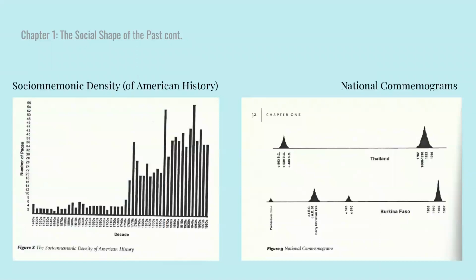And sociomnemonic density is the idea that there could be focus on certain periods of activity, and then ignoring events that happen during lulls of history. So these national commemorograms is where Zerubavel looked at the number of national holidays. And here for Thailand example, the national holidays that they celebrate now, or in 2003 at least when the book